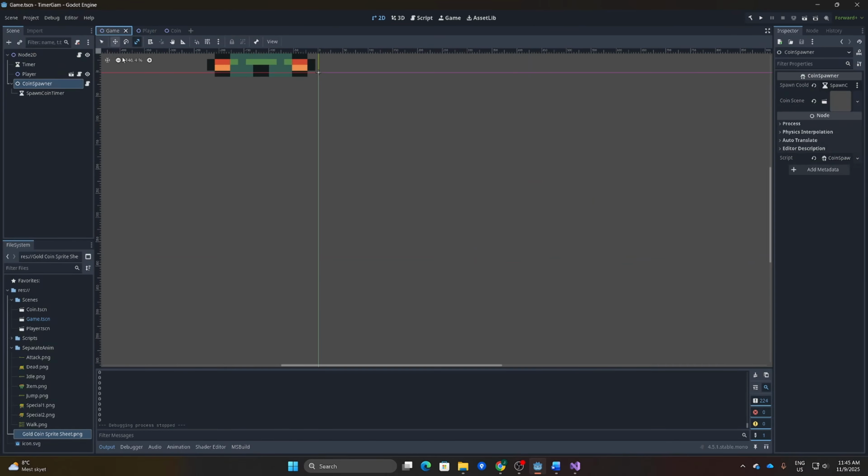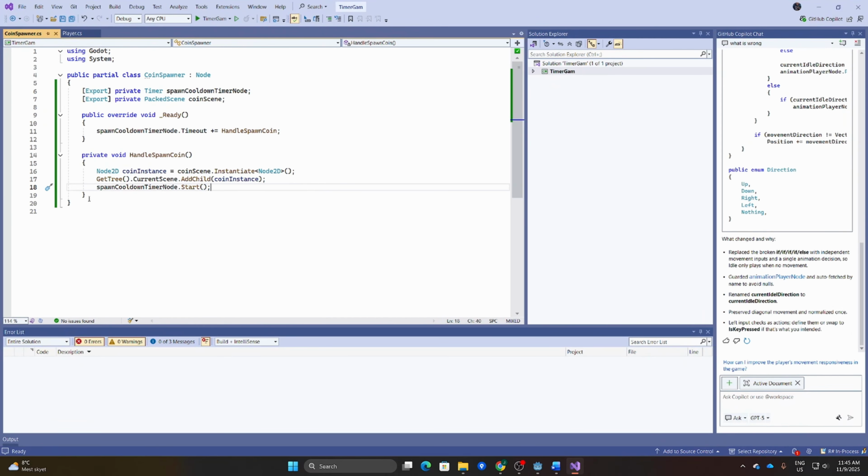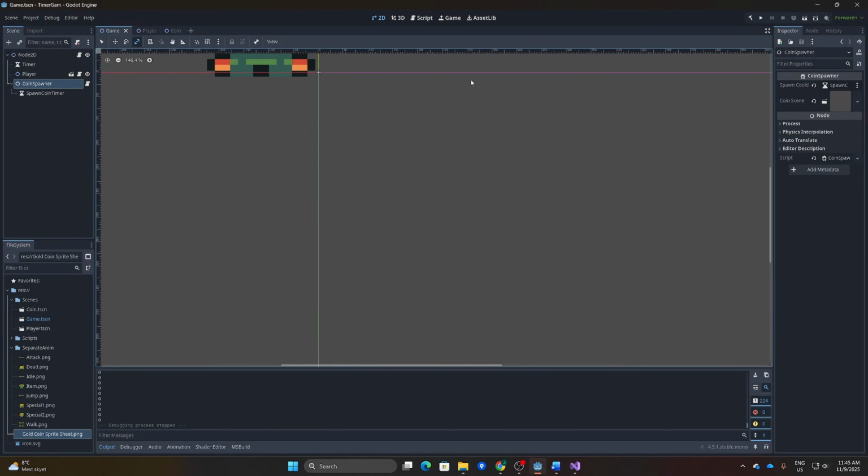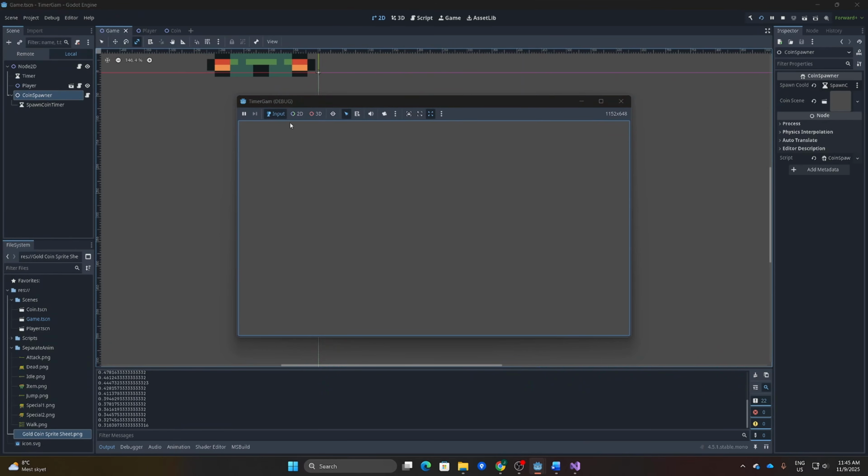Now we get to the position. So let's create a method that will return a Vector2 for the square position that we're going to create. So what we are trying to do here is create it in a square on the screen. And in this square we will have those coins.